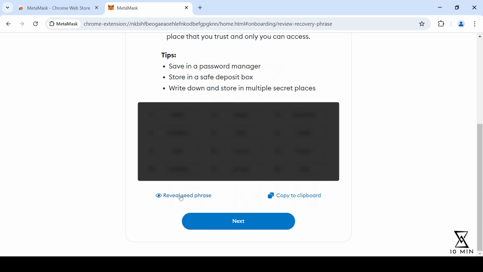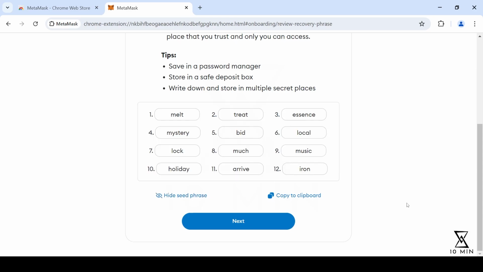And if you click on Reveal Seed Phrase, then MetaMask is going to show you 12 words. And these 12 words, the so-called seed phrase, give you and everyone who knows these 12 words access to your crypto. This means with these 12 words, you can go to any phone, to any computer, install MetaMask or actually basically any other wallet. You enter these 12 words and you're going to have access to your crypto again.